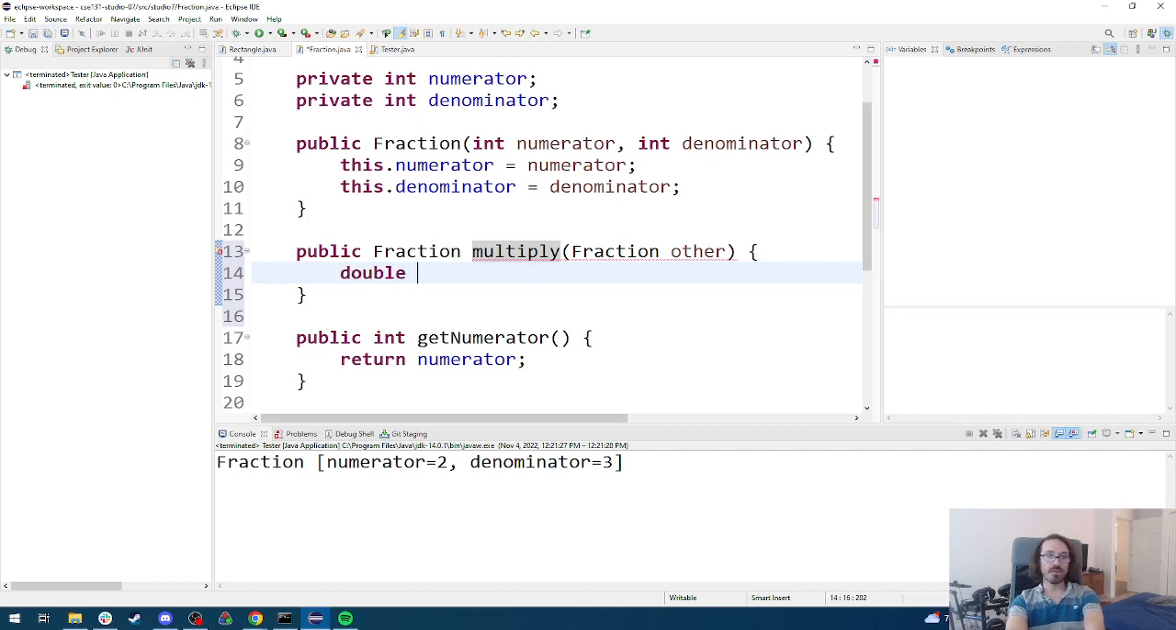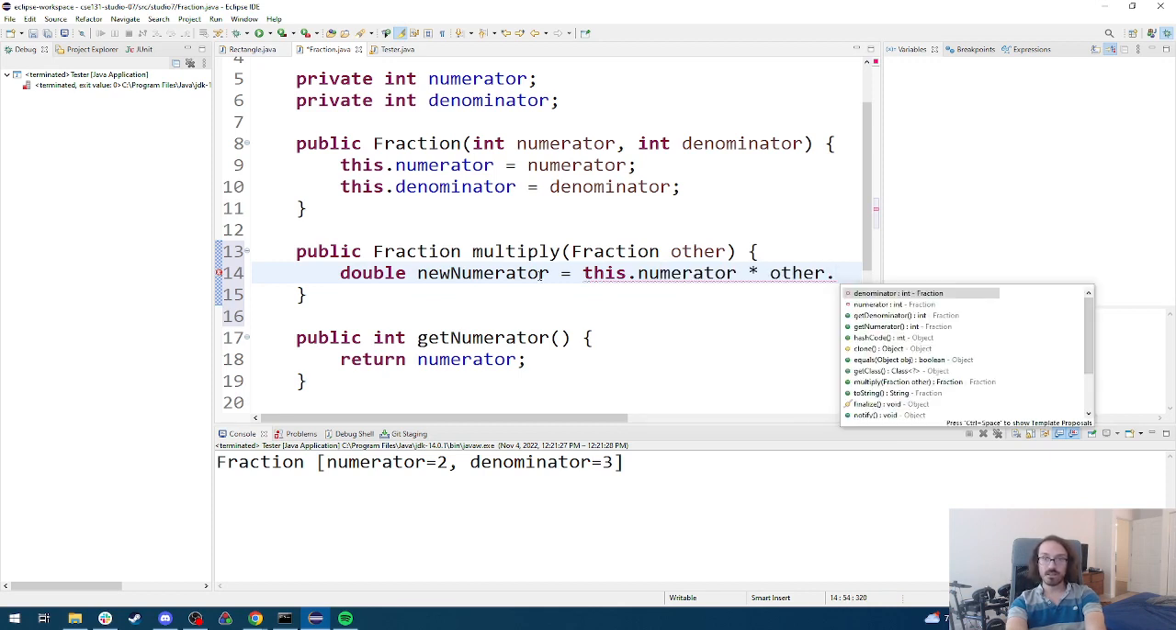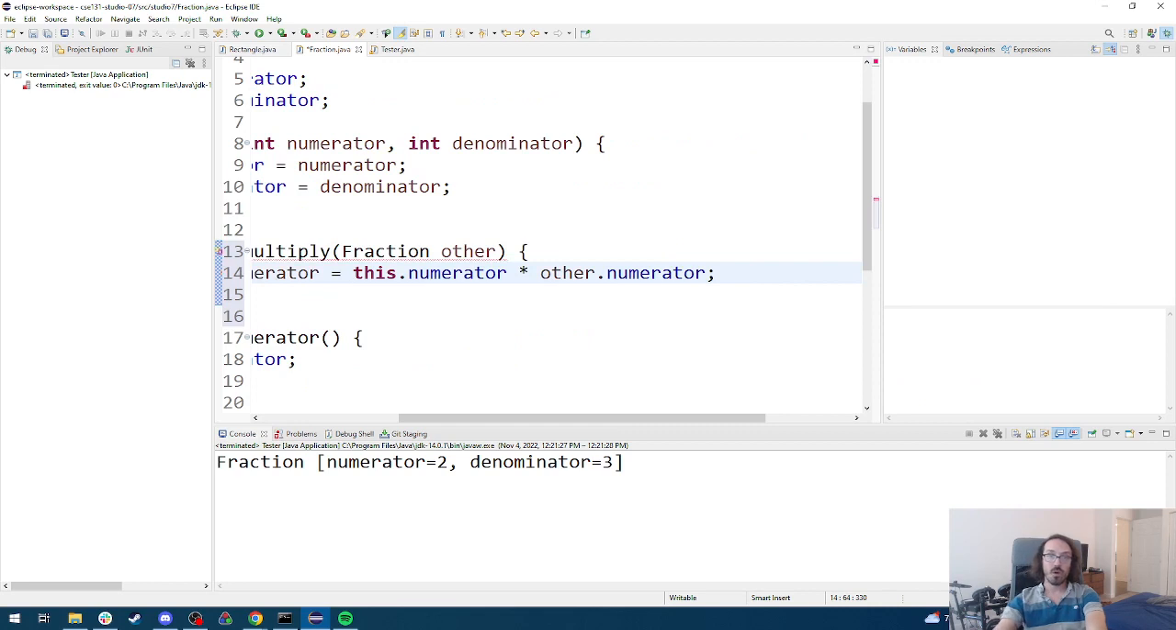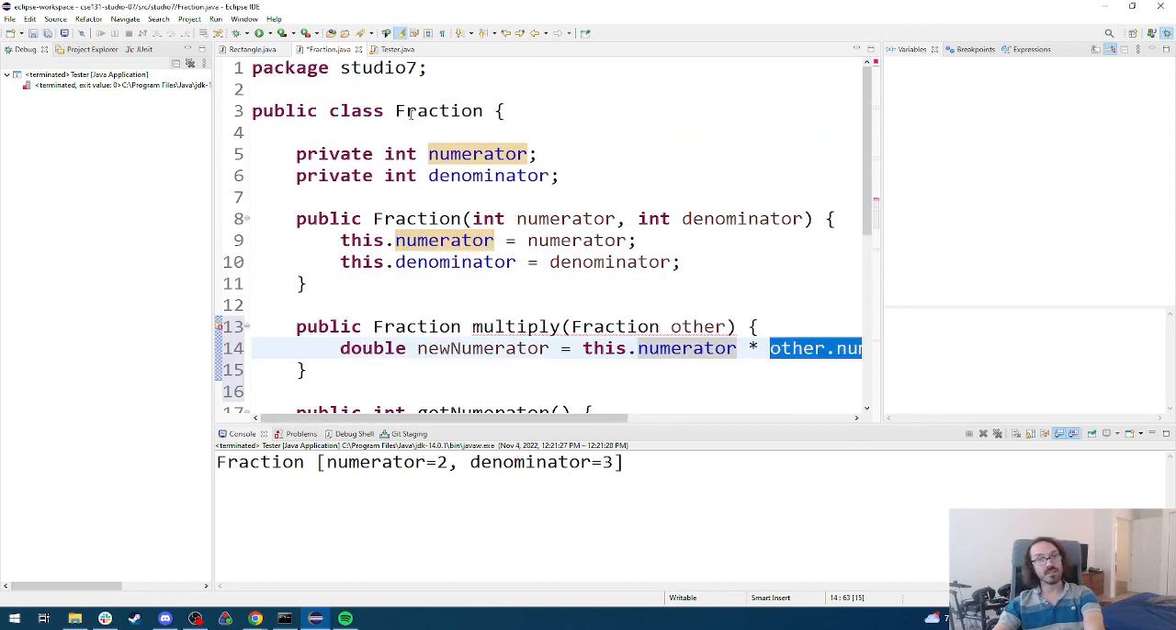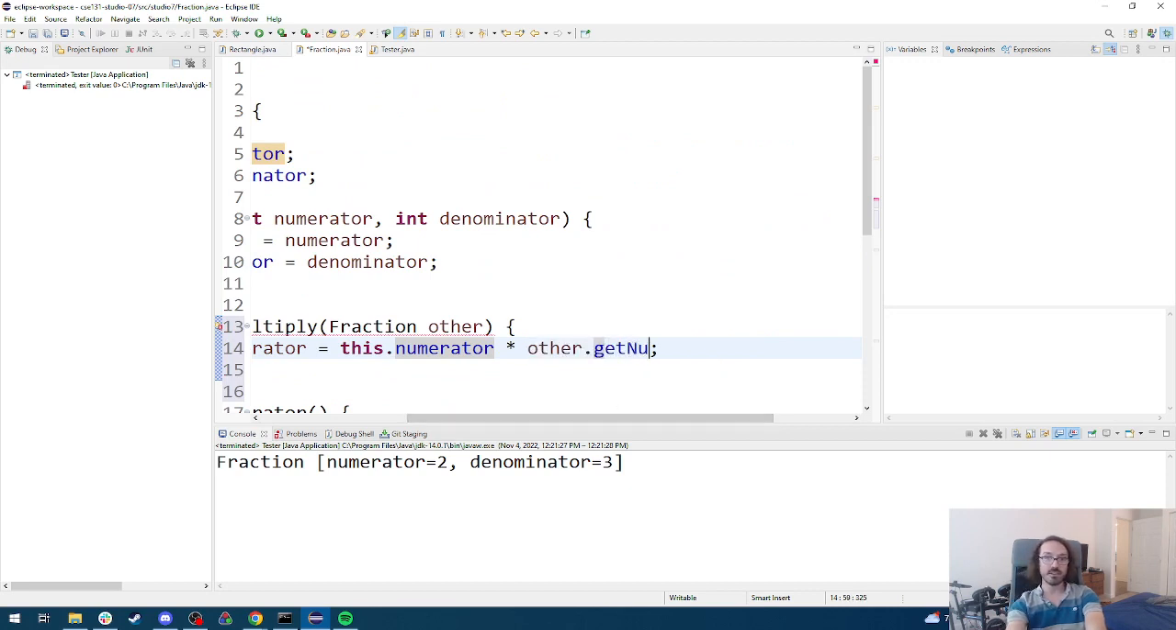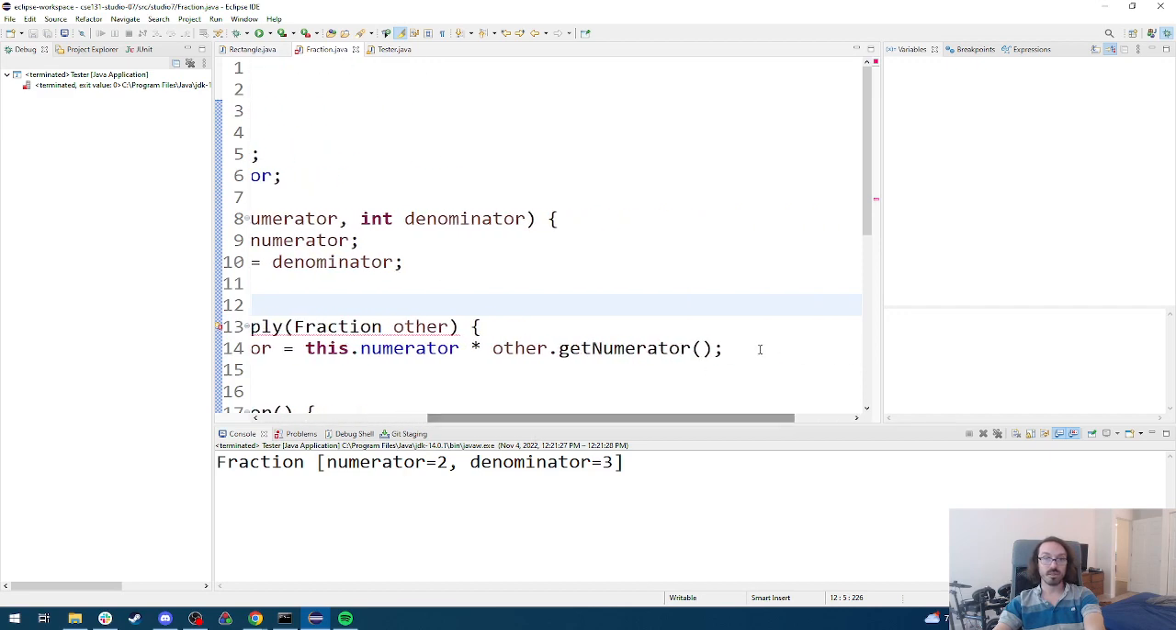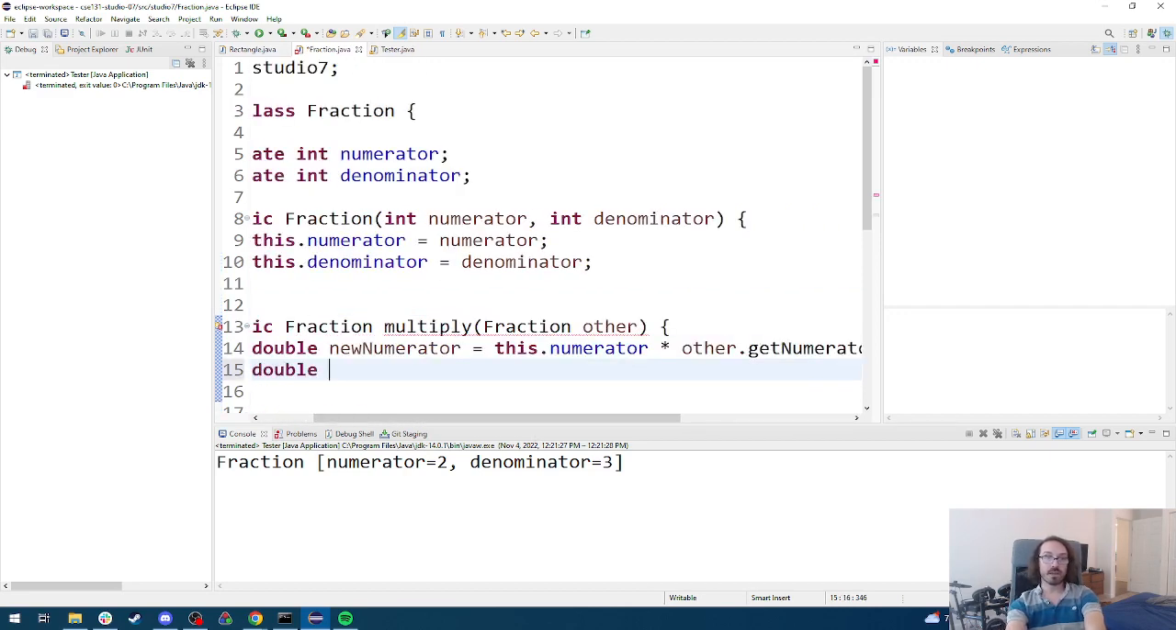So the new numerator, which, say that 10 times fast, is equal to this.numerator times other.numerator. We can say other.numerator here because we are within the fraction class, so the private does not apply since we are within the same class. However, it should be noted that getNumerator also does the job just fine. Nothing wrong with that. And so we'll make our new denominator